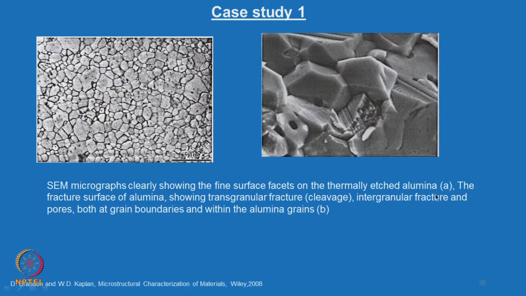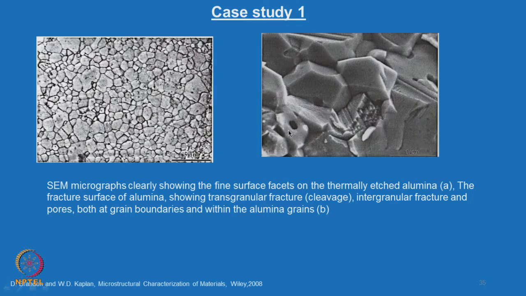This again is thermally etched alumina. The fracture surface of the alumina is shown on the right hand side, showing the transgranular fracture, this cleavage. All these facets are a result of a cleavage, transgranular fracture. And then you have the grain boundary fracture, you can see here, these are all intergranular fracture, and you can